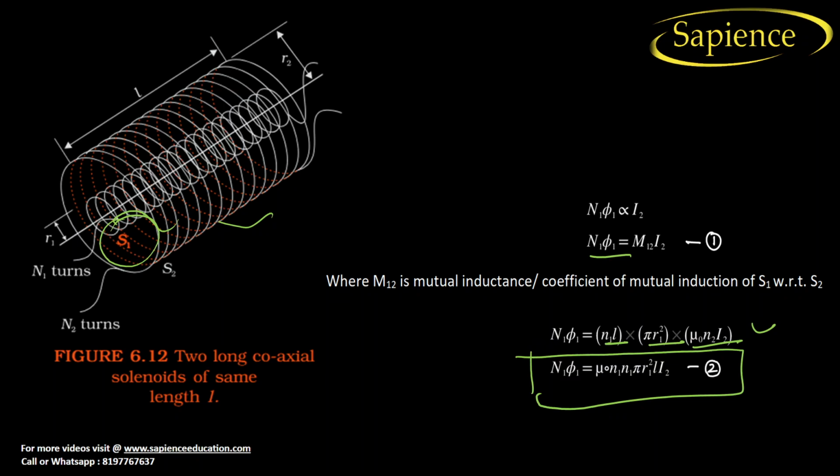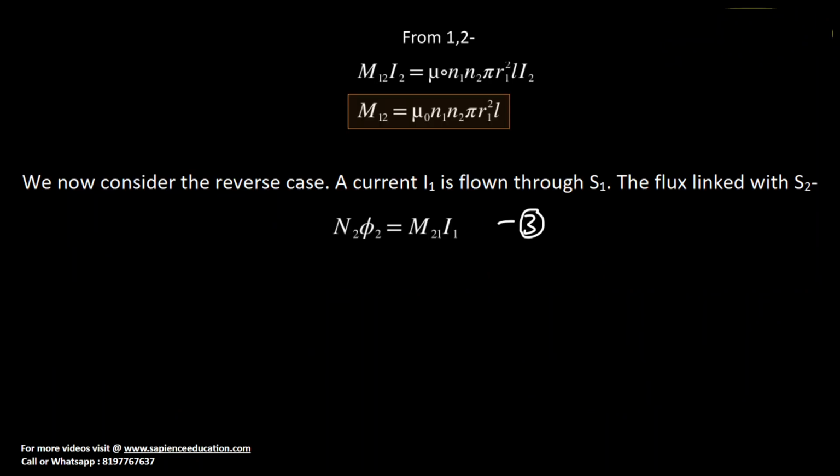So this is equation number 2. So from here we can also find that M12 into I2 is equal to mu naught N1 N2 pi R1 square L into I2. Now if you want to find M12, M12 will be mu naught N1 N2 into pi R1 square